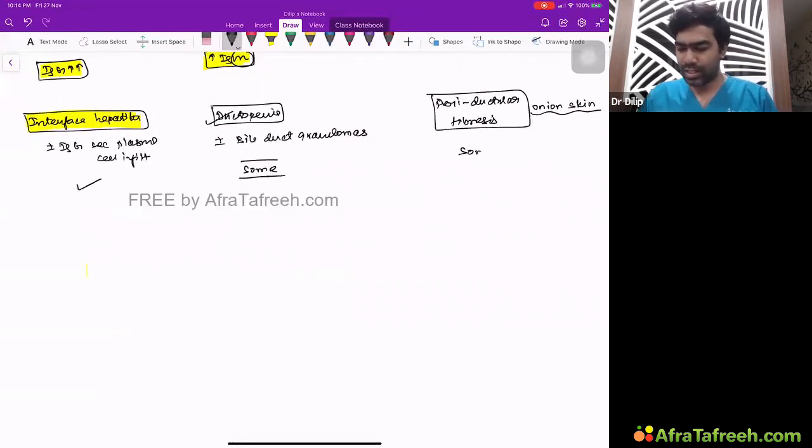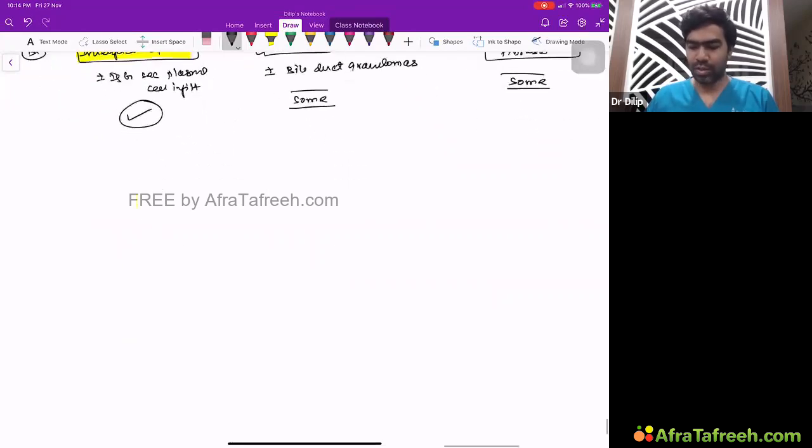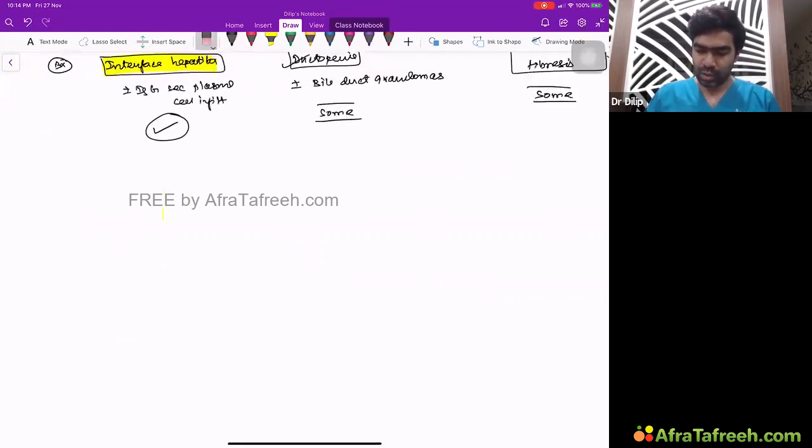So biopsy is needed only in some cases. I'll tell you where you need biopsy. But almost all cases of AH need biopsy. Don't diagnose AH without a biopsy. And as far as cholangiography is concerned, you can do either an ERCP or an MRCP. Either is fine. Typically for diagnostic purposes, we do MRCP.